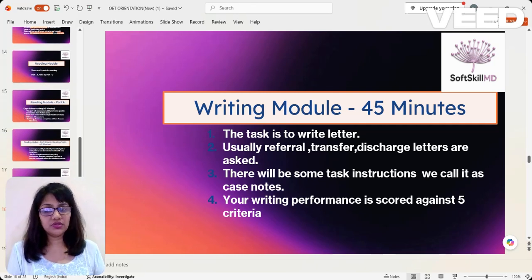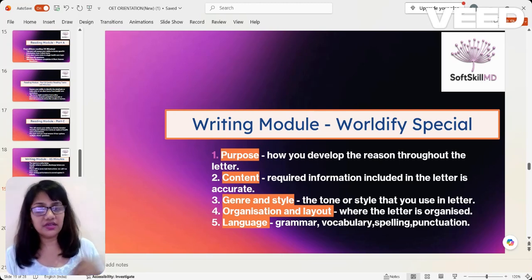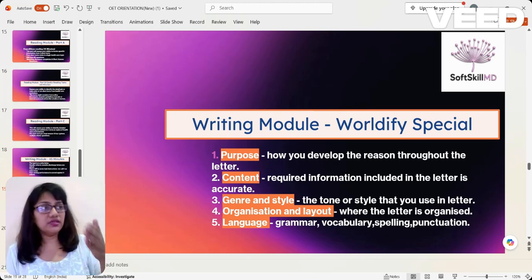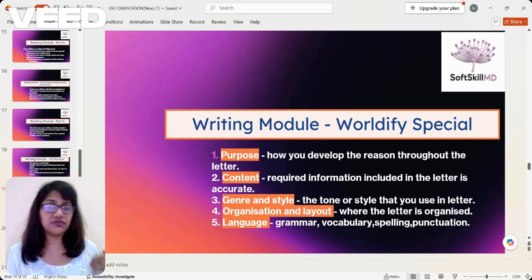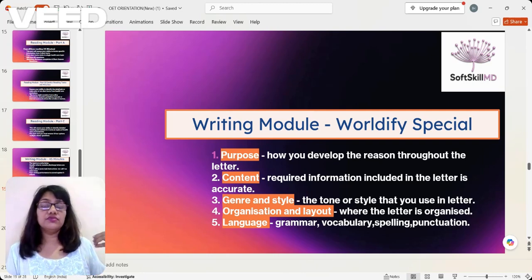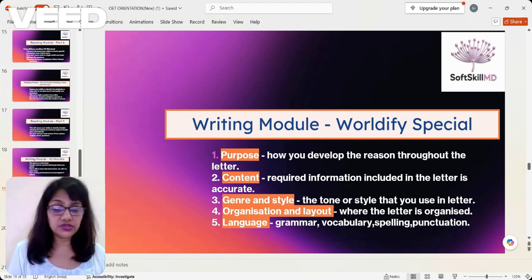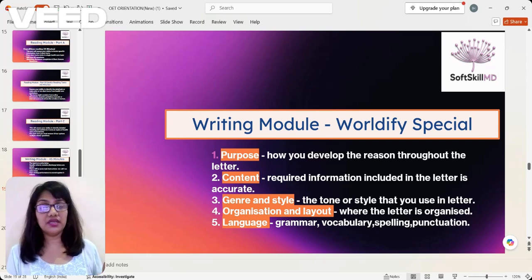Most of the time, the letters are taken from some real life scenario. So you will definitely be taken through various examples. I will be giving you letters from various scenarios, and we will be practicing the letter writing together. And we will also be having a detailed feedback after the mock test. You will have 4 mock tests during this course, and you will be getting a detailed feedback from me.